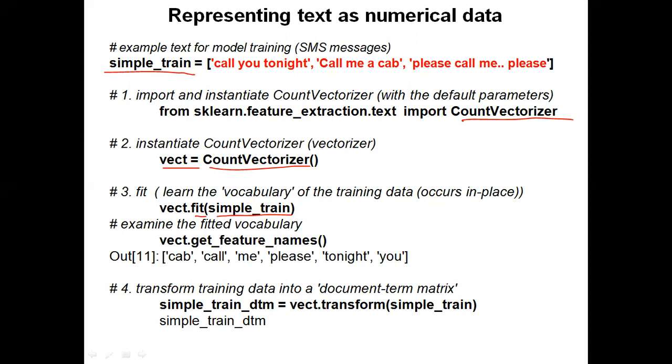So if you want to extract the names of these tokens, you can use the function get_feature_names. So we have used vect.get_feature_names to extract or display the names of these features that are tokenized using this CountVectorizer function. So here is the output. In my 3 sentences in my training data set, these are the unique words: cab, call, me, please, tonight,